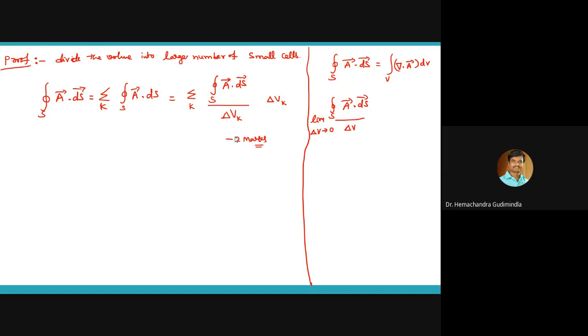Just simple, from the divergence principle, from the definition of divergence. No need to recall anything else. You know the integral over S of A bar dot dS bar equals the integral over volume of del dot A bar dV. So we send the integral over V and dV to this side, and this becomes the limit as delta V tends to 0, giving del dot A bar. Just write it over here.